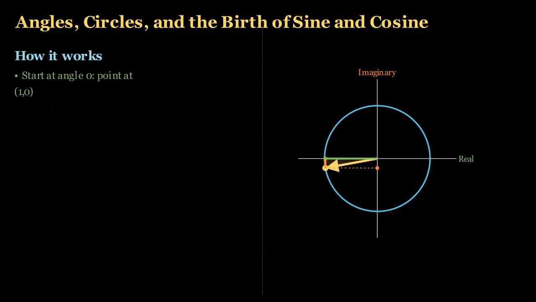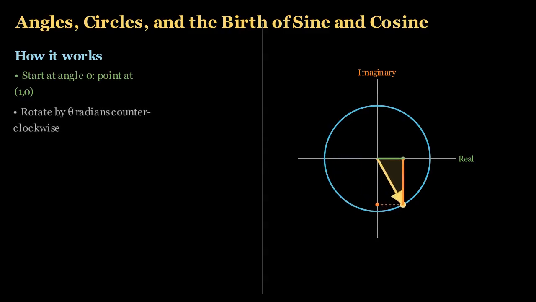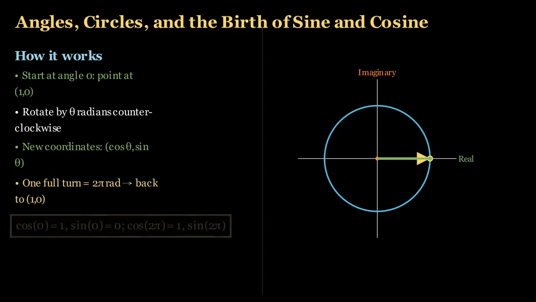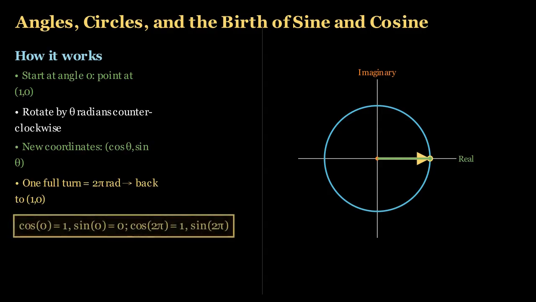Since the full circle's edge is 2 pi times the radius, a full turn is exactly 2 pi radians. As the dot moves, its x-coordinate, which we call cosine theta, shrinks from 1 down to 0 at the top, then to -1 at the left, and back. The y-coordinate, sine theta, rises from 0 to 1 at the top, falls to 0, then to -1 at the